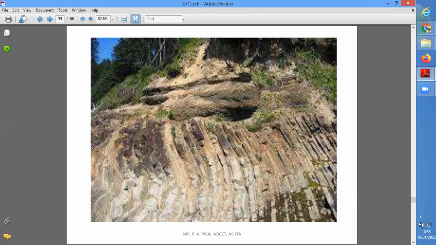Okay, so here the topic or point related with the unconformity is finished. Okay, so we will